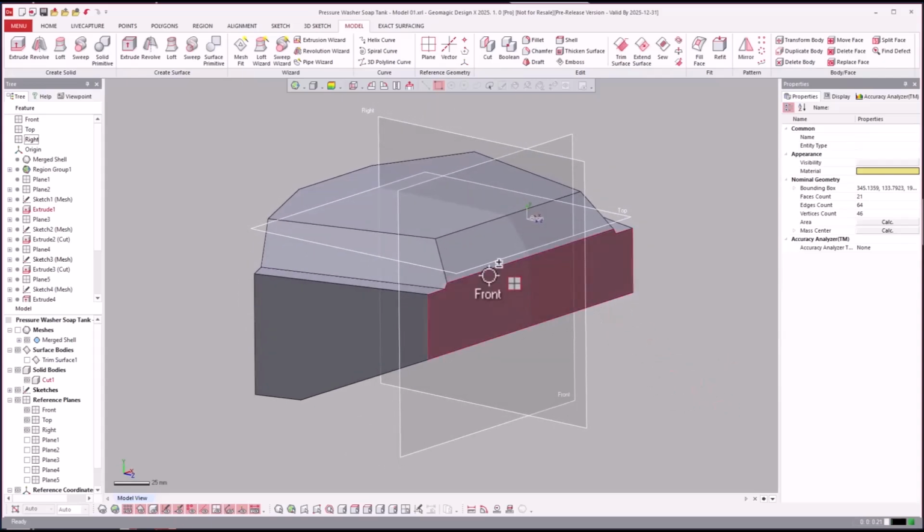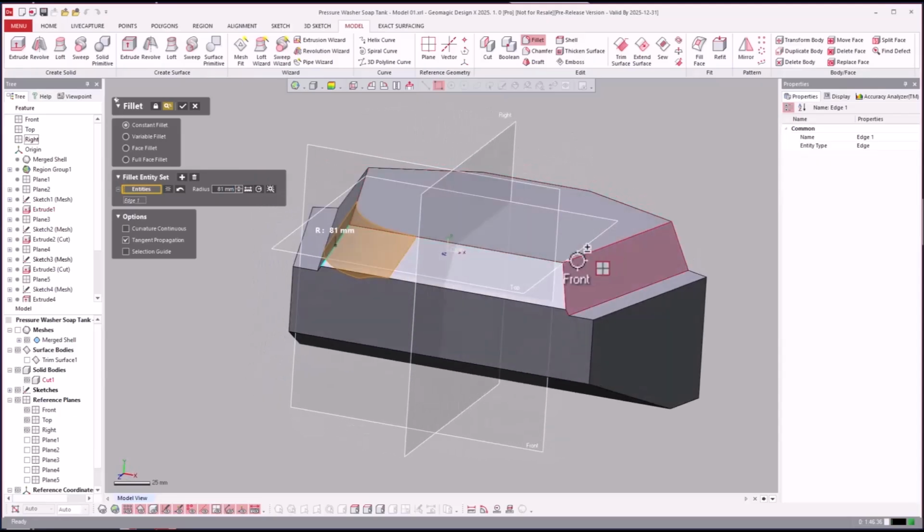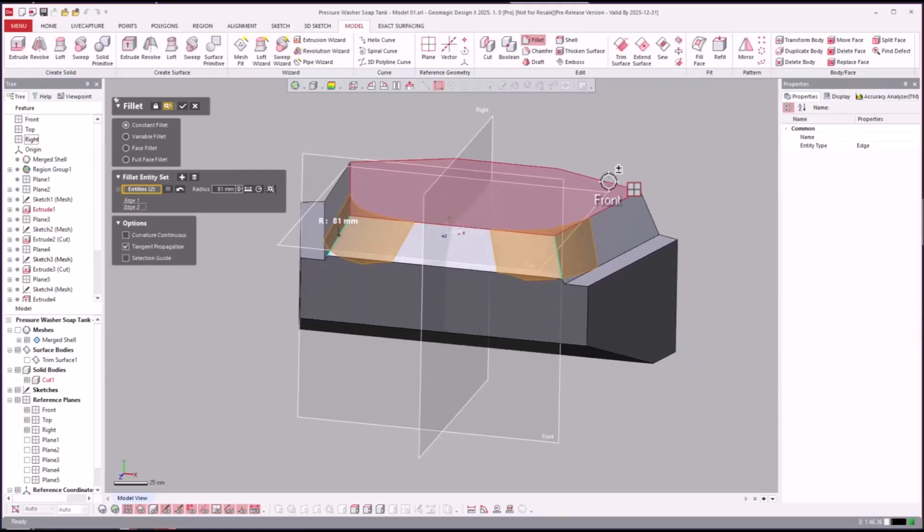And then the next step is let's go ahead and add fillets to these right here. So I'm going to click on this and I'm going to hit calculate. I'm going to say calculate from the mesh what you think that should be. And you can do that on either side. And then I'm going to apply this to there